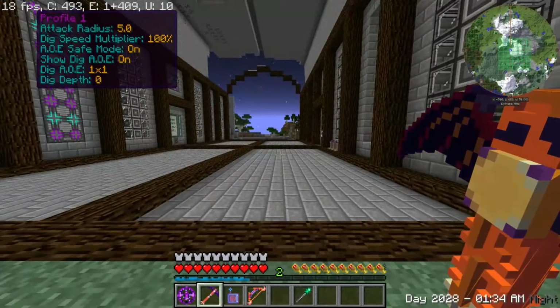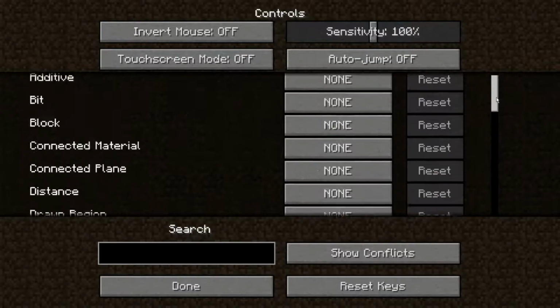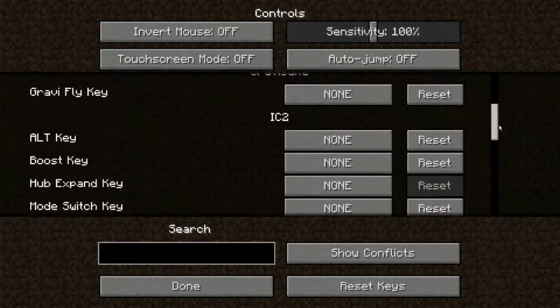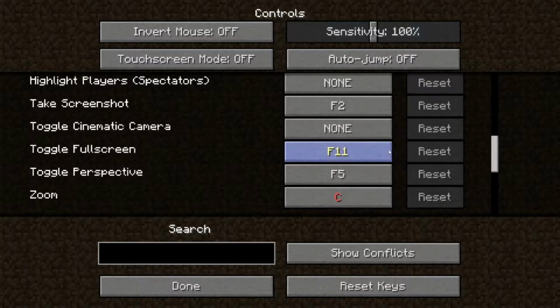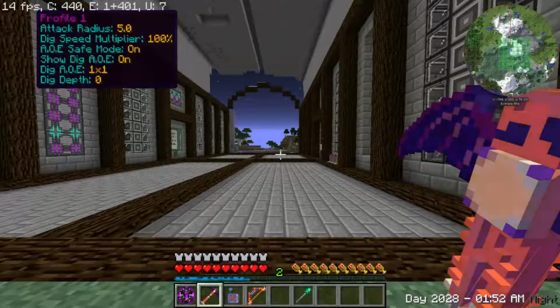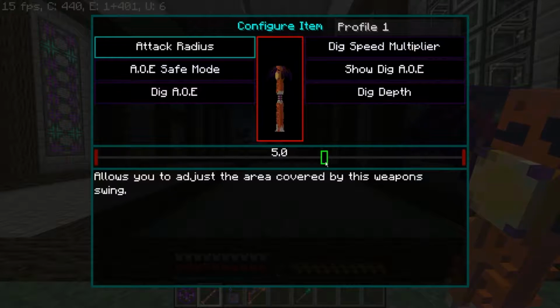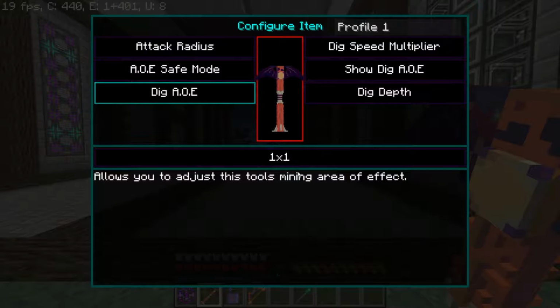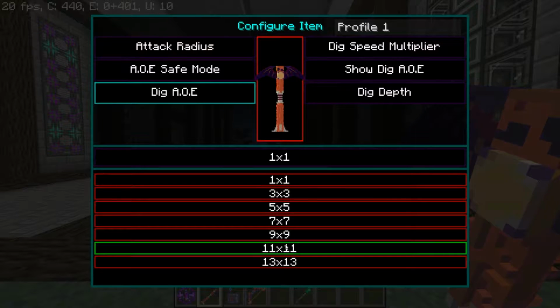And I can show you all of the, that's the Optifine zoom. Controls. Optifine here somewhere. Zoom, escape. I don't need the Optifine zoom. So, not the HUD. Pressing all the wrong buttons. Here, you can select the attack radius, which I can bump up even higher, because I upgraded. AoE safe mode is on. Dig AoE, you can change it from 1x1 to 13x13 with the Draconic upgrades, and I believe it goes higher